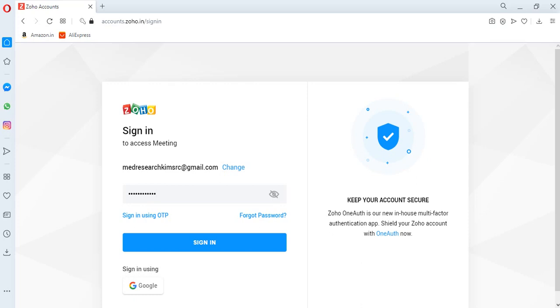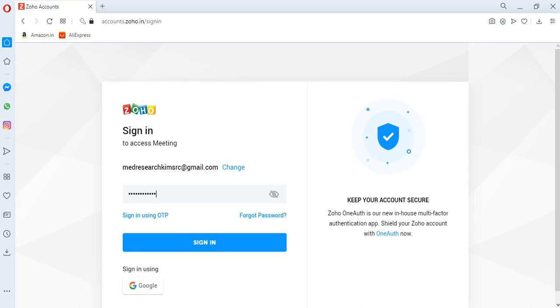Some of the faculties are trying to log in through the Google or Gmail sign in. Instead, it is better to log in through the email ID given directly. No need to click on this Google button which is at the bottom. So once you enter the given email ID and password, you have to press the sign in option.